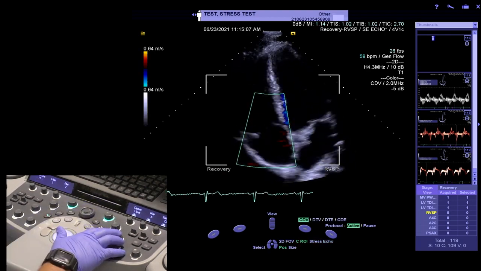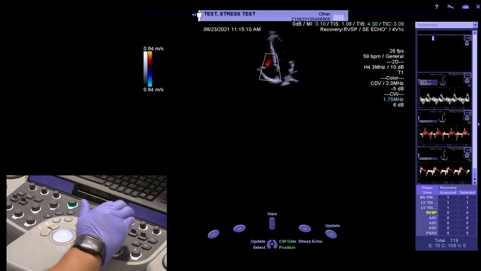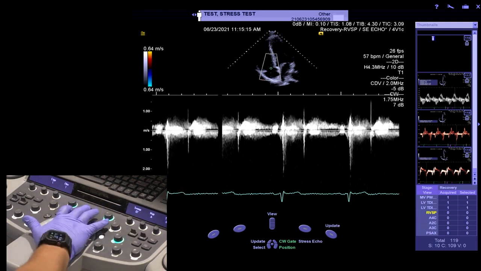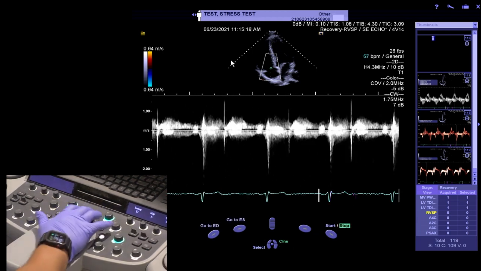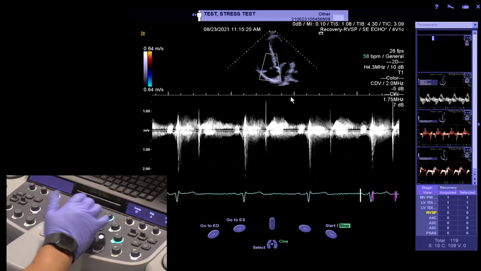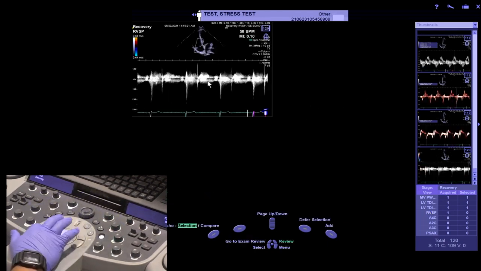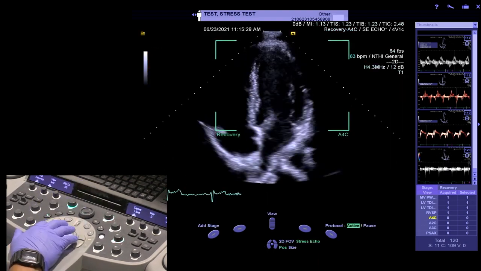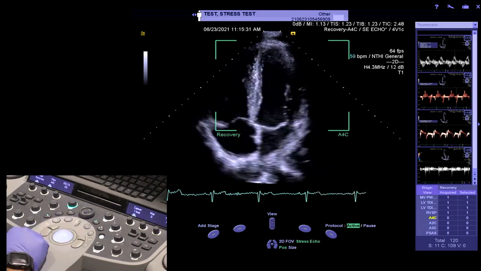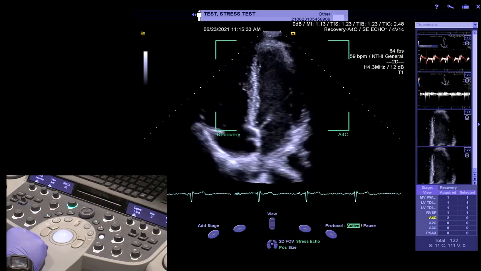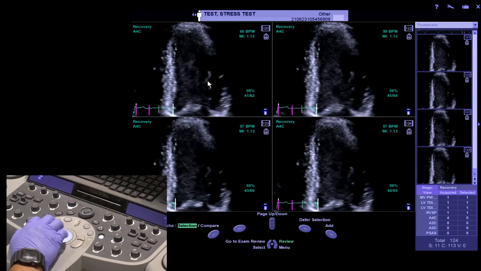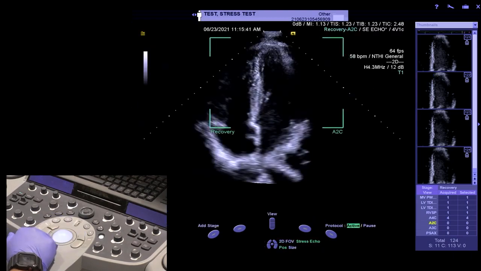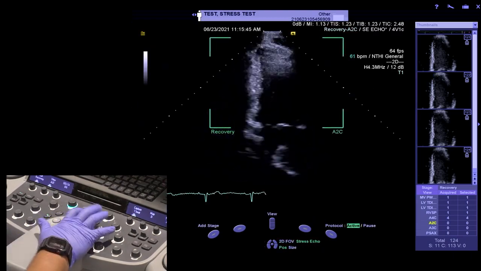so we'll turn color back on to optimize and try to find this TR signal, CW. And at this point, the use of ultrasound enhancement agent may actually help you to enhance your TR signal. Acquire, 2D for selection, and then back to a resting 4-chamber, recovery 4-chamber, similar to our resting 4-chamber. We'll go through and select the images that we like, double clicking on the final,